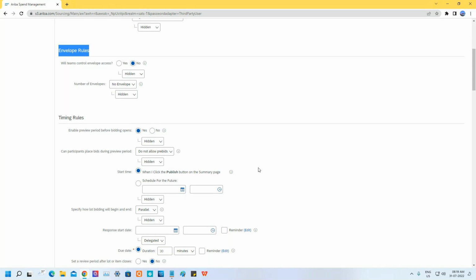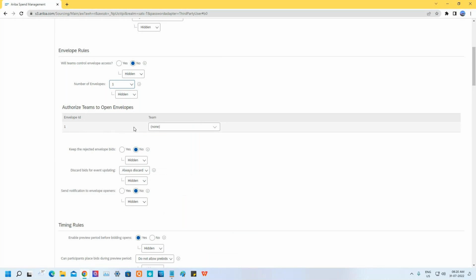So what we can do is create a number of envelopes. Generally one envelope is created. Once you create that envelope, all the supplier responses will sit within that envelope. That means as a buyer I cannot check any of the responses until the envelope is open. It will be opened by whom? Generally it will be opened by a sourcing manager. You can see the team is coming, and in the team what we will do,